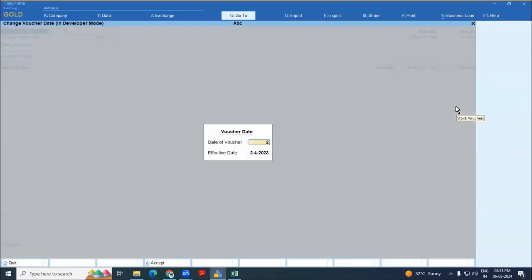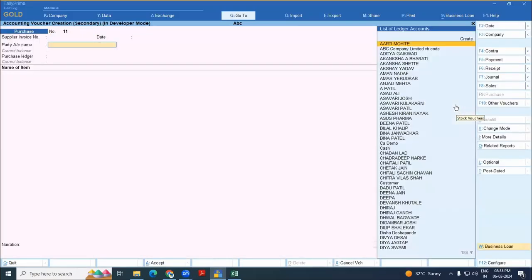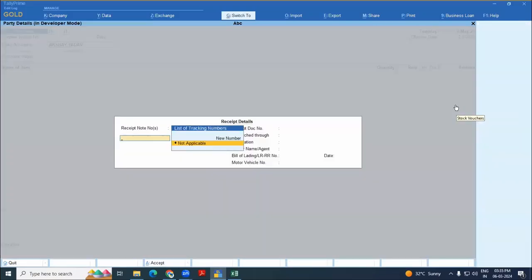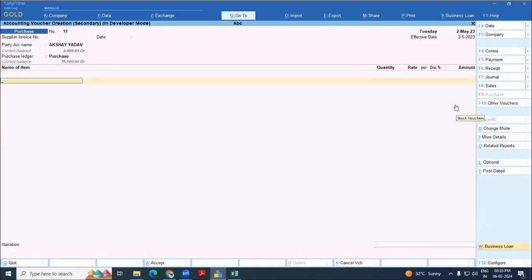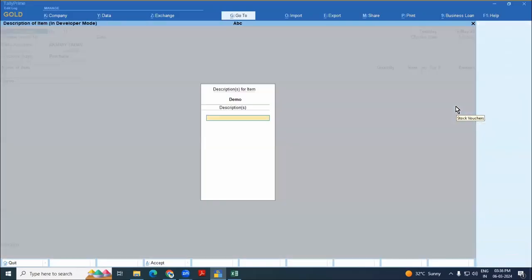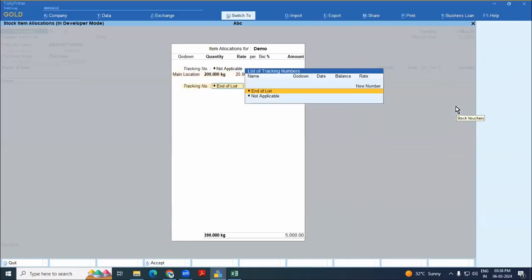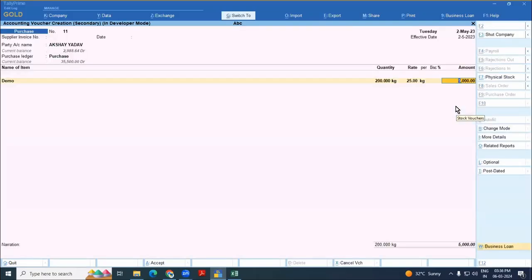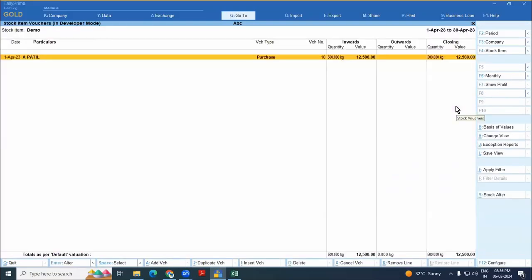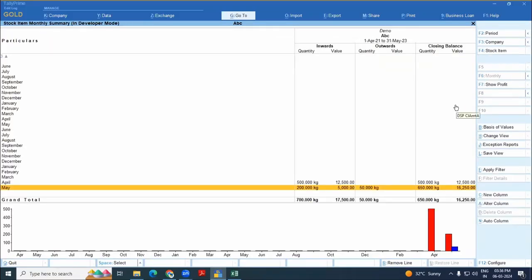So let's take 2/5, 2nd May. I am passing the entry slightly fast. And here I am putting demo item, taking 200 quantities, and the entry is saved. How should it happen? See, now 500 was there, 200 is there. Still check, my stock is 650